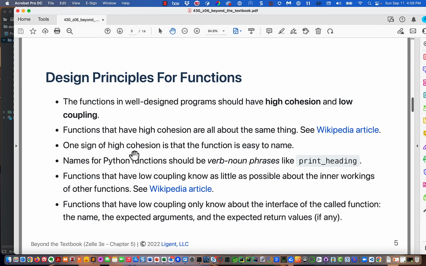Here's another thing. One sign of high cohesion is that the function is easy to name. You'd be able to come up with a name for it that wouldn't have the word "and" in it. So typically when we name Python functions, we use a verb-noun phrase like print heading, read input, write output. Verb noun. One hint that maybe you've created a function that doesn't have high enough cohesion is that when you go to name it,